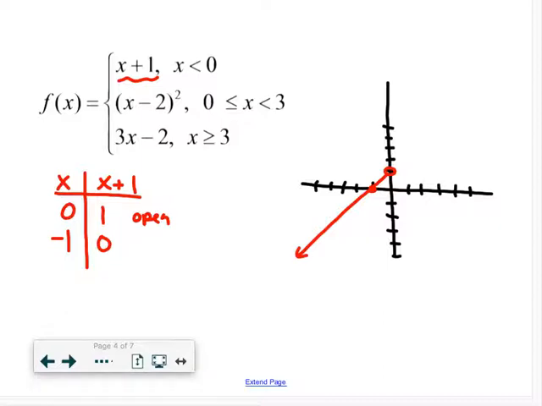What's always difficult about piecewise is that you got to keep track of everything, but you just need to kind of break it up into chunks. Do one function, then another, then another. When I get to the quadratic,